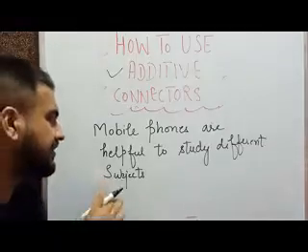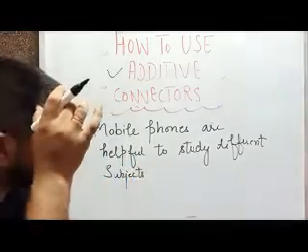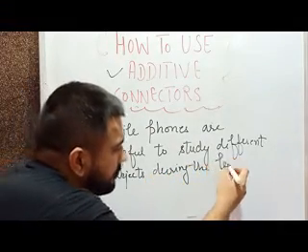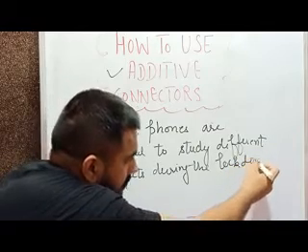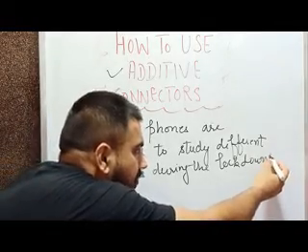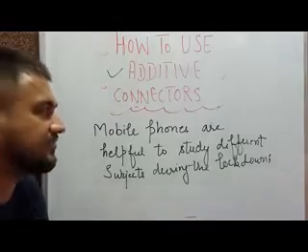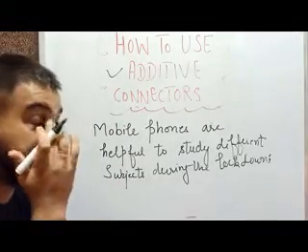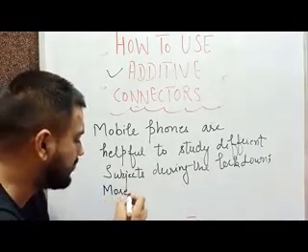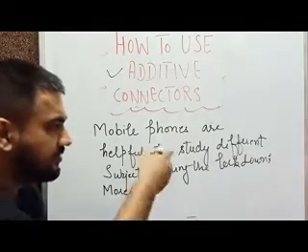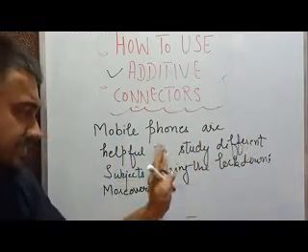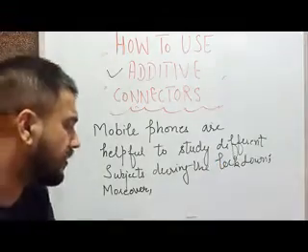Now we have said that mobile phones are helpful to study different subjects during the lockdown. Then we can put a semicolon here and add the connector thereafter. We put a semicolon because we are going to say something interrelated, so we can use the connector there. Moreover, this information is going to add something to the previous information. Here we have said that mobile phones are helpful to study different subjects during the lockdown. Moreover,